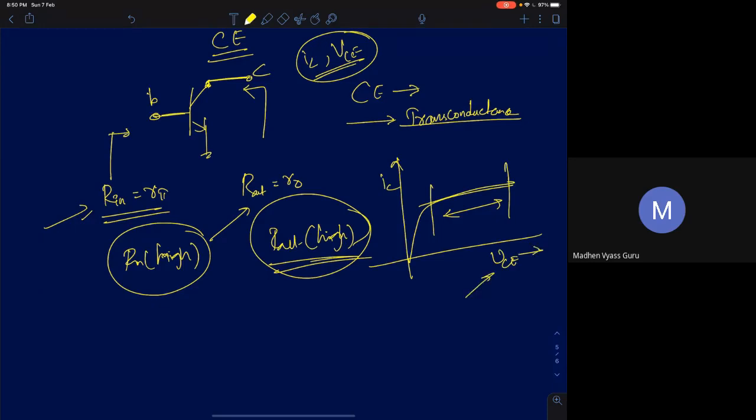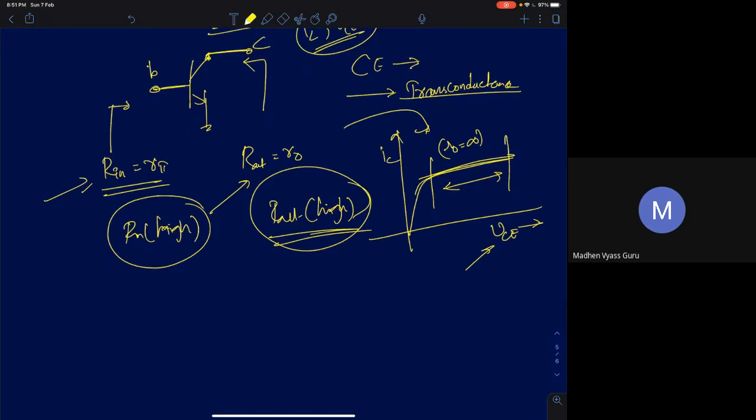In the next lab, they'll simulate the BJT and MOSFET IV characteristics and show them to you. Tomorrow we'll discuss the equations for current and voltage in the MOSFET, so you can connect it. You will actually see a graph like this for a MOSFET on simulation software. So your R naught will be very high. For an ideal MOSFET or an ideal BJT, R naught should be infinity.